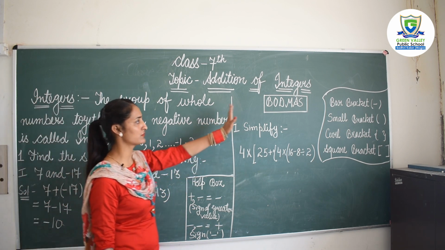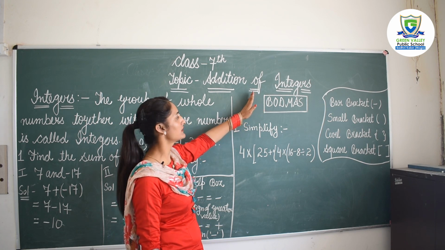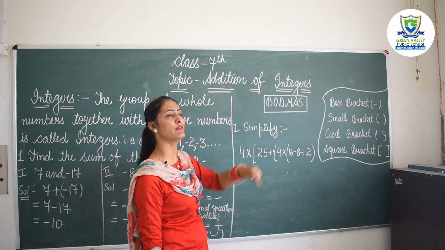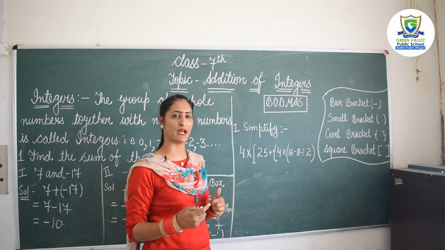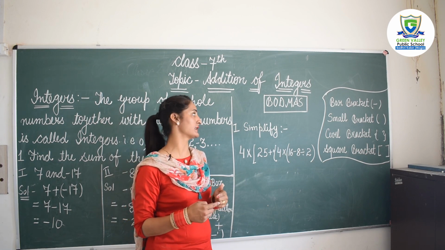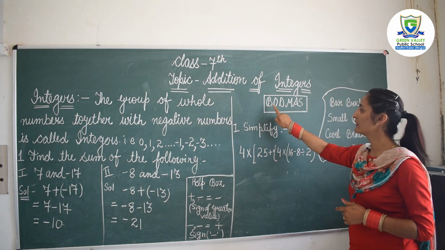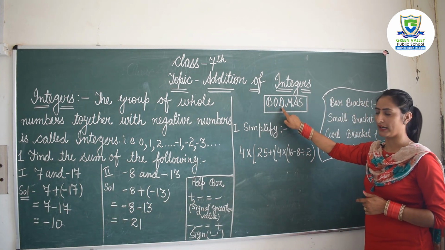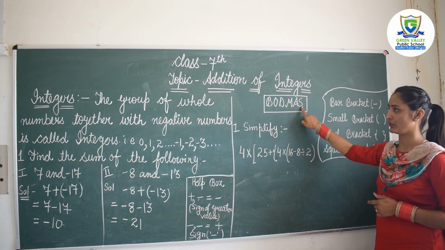Now next we are going to start the rule which is BODMAS. This rule is used to simplify a sum which is a mixture of plus, minus, multiply and divide, and the brackets also matter in this. So your BODMAS rule is bracket, of, divide, multiply, addition and subtraction.